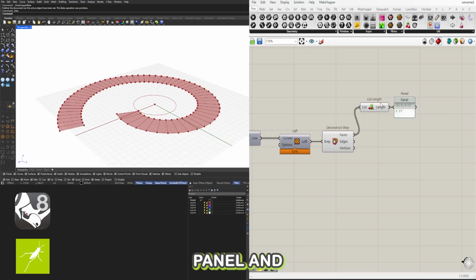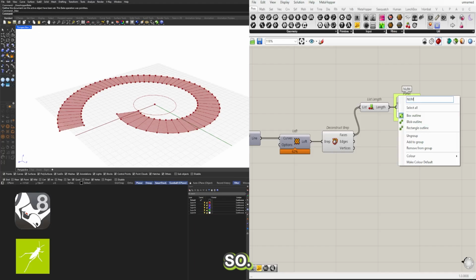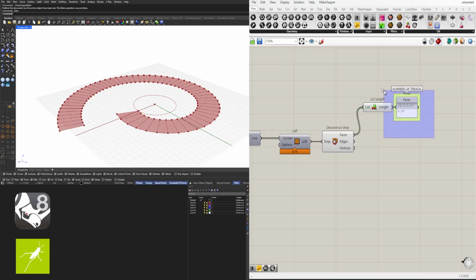And so with this panel and list length, we can keep an eye out to know how many treads we're creating. So next,